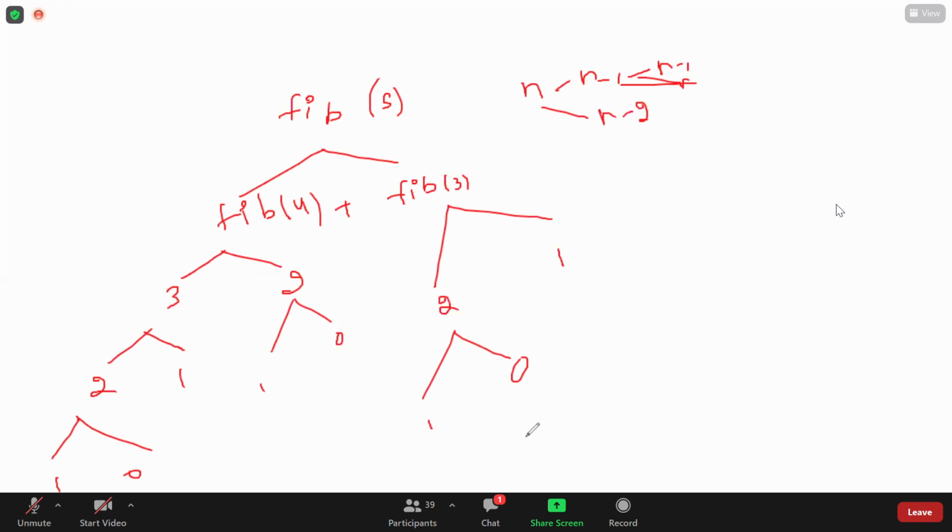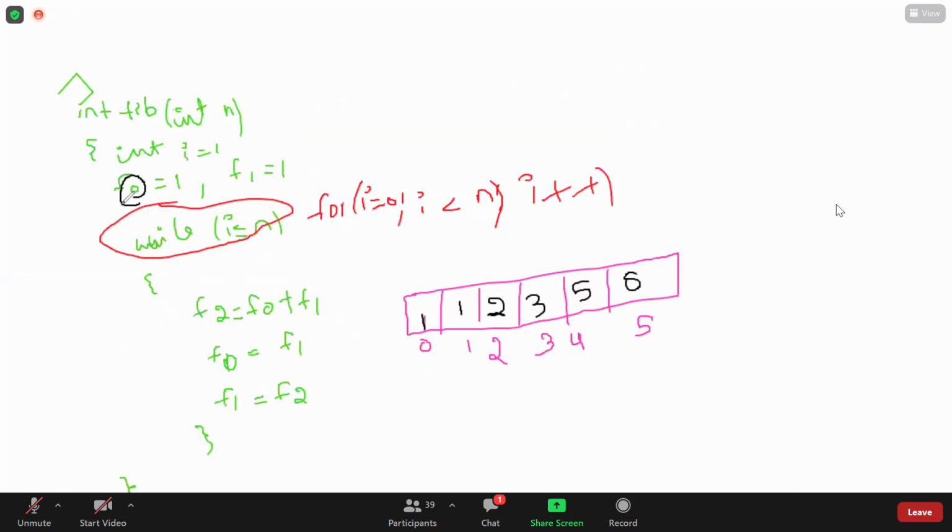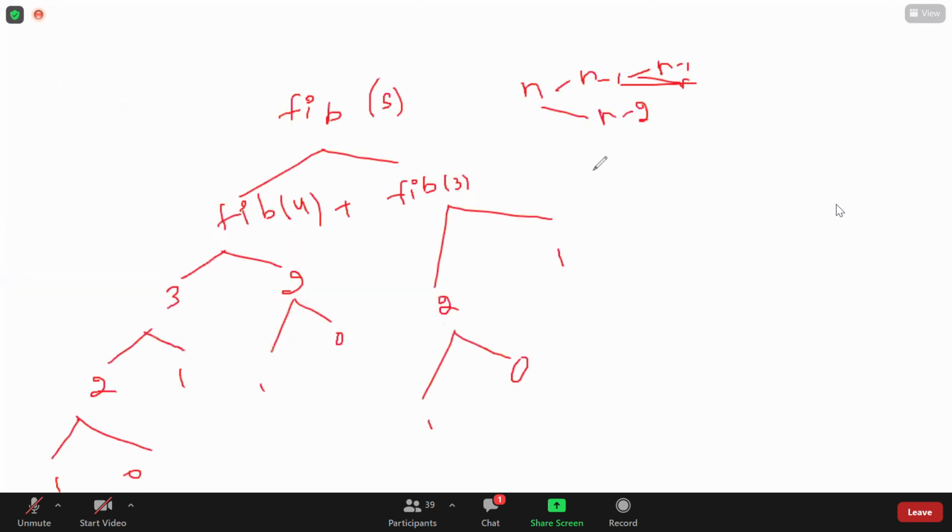If you observe the tabulation method, in the first step itself we initialize the 0th term and first term. So from 0 we are moving upward. So this is the bottom-up approach. Earlier, from n, that is the topmost element, we were going down. That's why that is the top-down approach, and this is the bottom-up approach. Am I clear? 34.